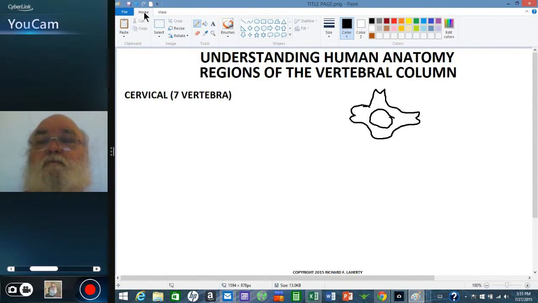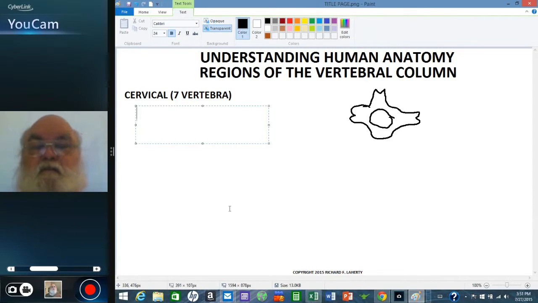So we have a small body, a forked or bifid spinous process or spine,